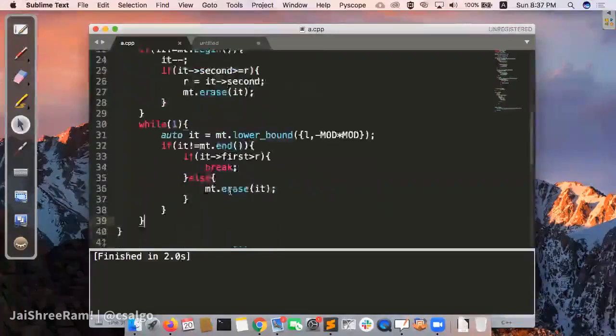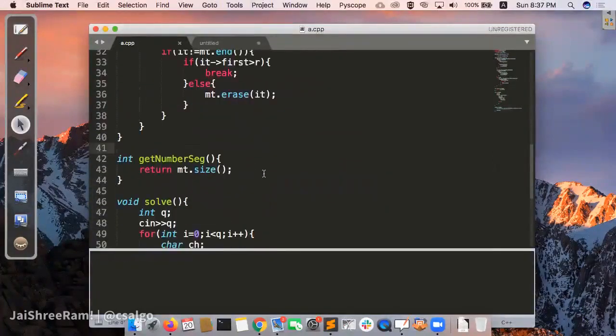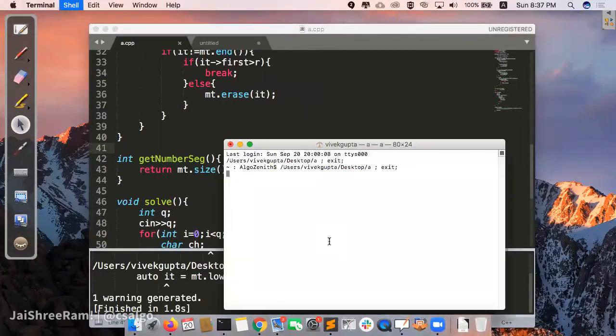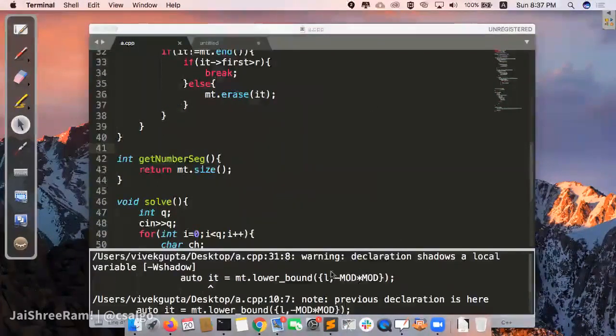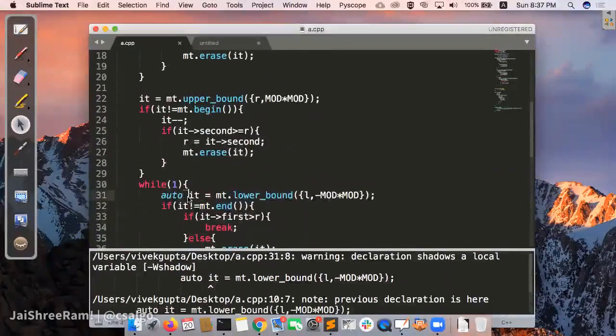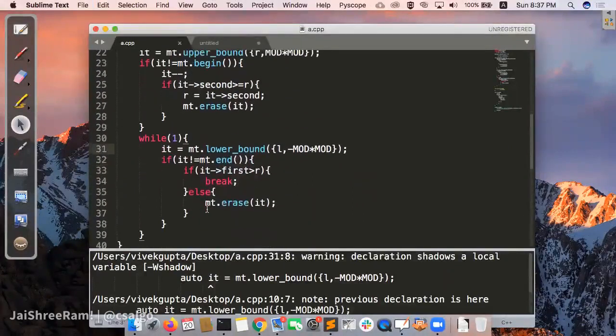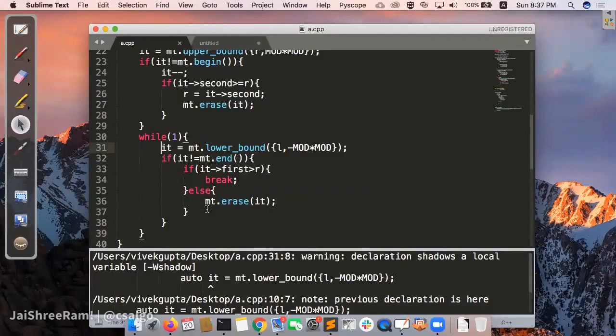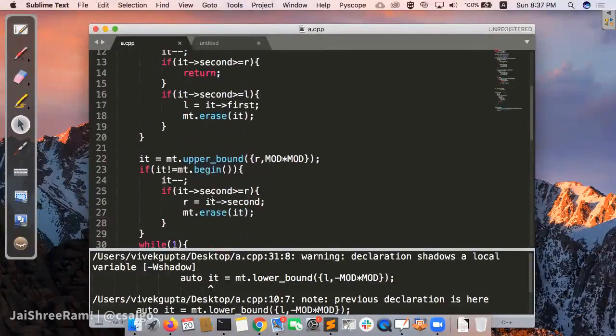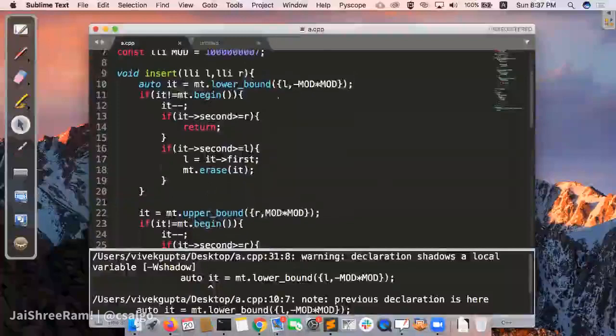Okay, sure. So anyways, let's quickly compile this. Yes, you can use L and L minus 1 in this particular problem, because the second value can never be less than this. But in this particular question, we have a notion of segments, right? In some particular problem, you might have a notion of pairs where the second value can be less than it as well.